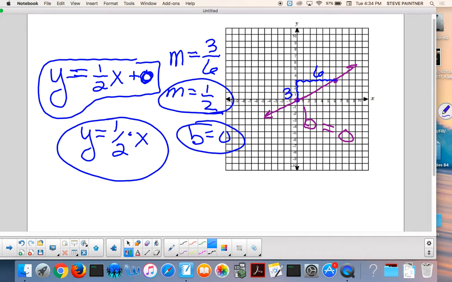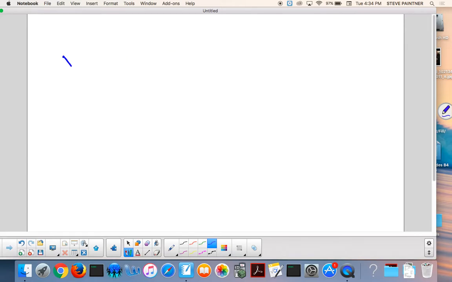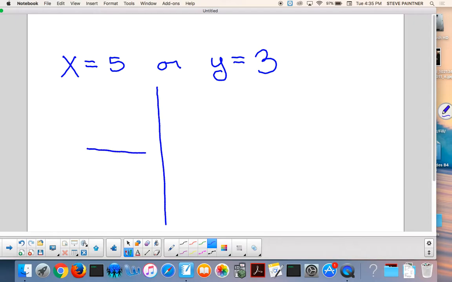There are two special lines. The special lines would be this one. When you get x equals a number, like 5, or another special one, when you get x equals a number like 3. Okay? Those are special lines, and they'll be like this. Anytime you get x equals a number, like this, you have to think it's one of the two special lines,